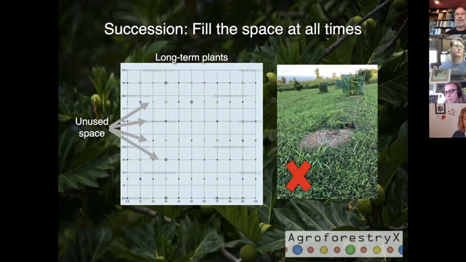So we want to use that unused space in the rows. You can see on the right-hand side an example of that. This type of system is often extremely frustrating for people because they have to wait many years until they get any yield.